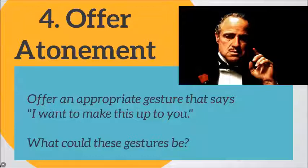Sometimes though, you can tell you just haven't hit the mark, and they need a little something. Yeah, that's true. I'm not saying every time, hey, we'll give you free freight, you know, whatever. We don't always have to offer atonement, but sometimes it's necessary to kind of get them back over the edge to say, hey, we're really sorry. You know, let us send you out, I don't know, something. Yeah, a hat. We'll do an Ashford hat. A free mug, right? You raised your hand, sorry. What was,